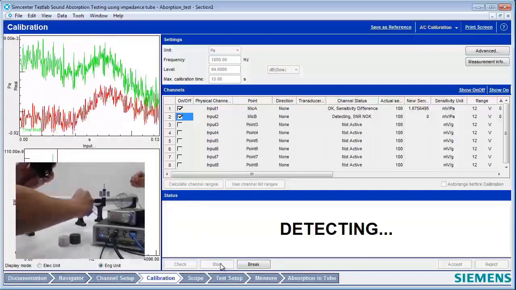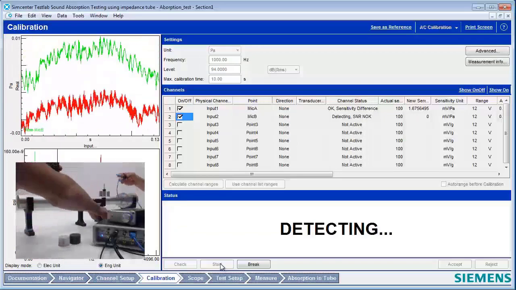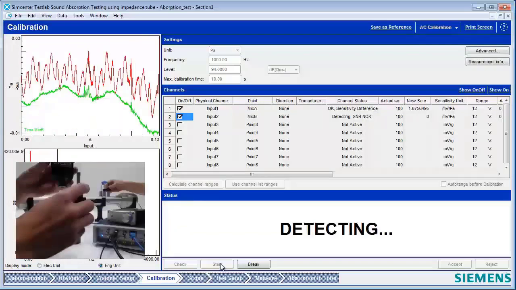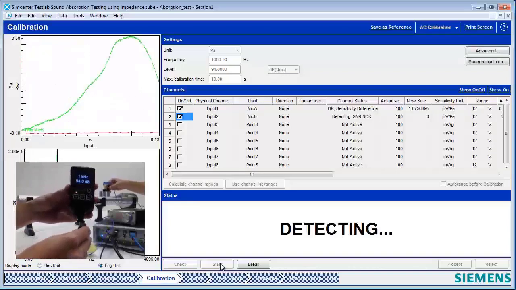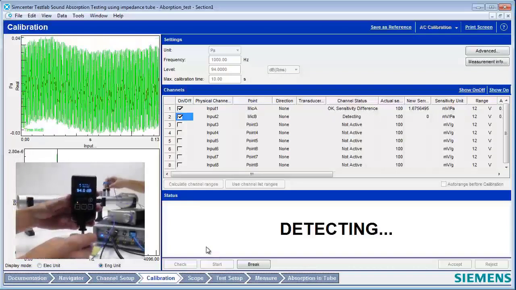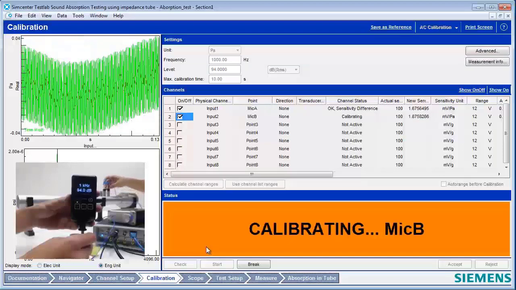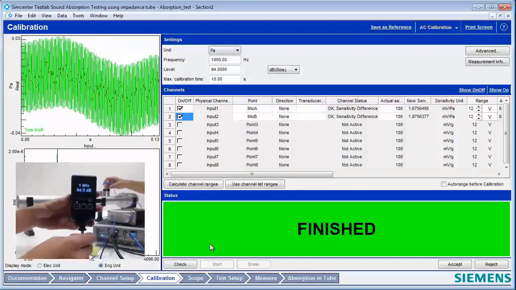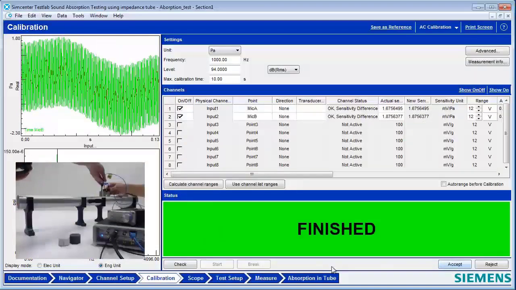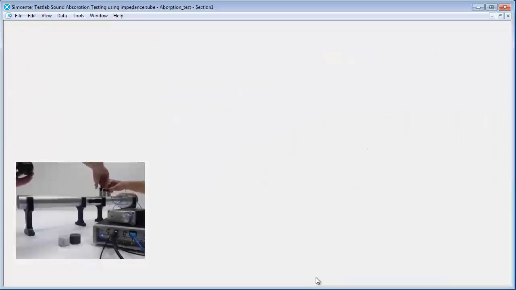And now we can swap in microphone B. And it's automatically detecting that too because I had turned the timeout off. All right, and we have both of our microphones calibrated. I'm going to hit accept,